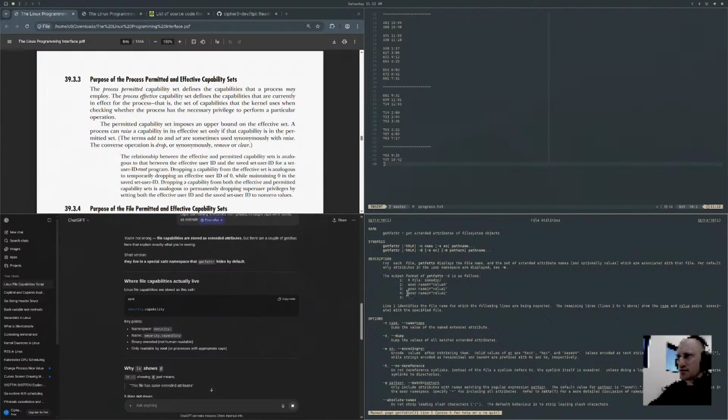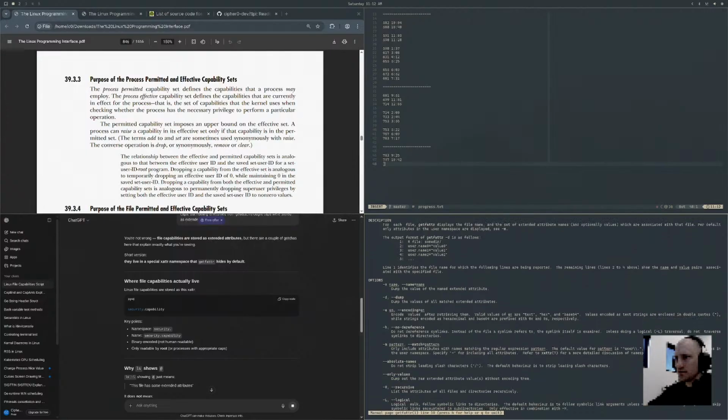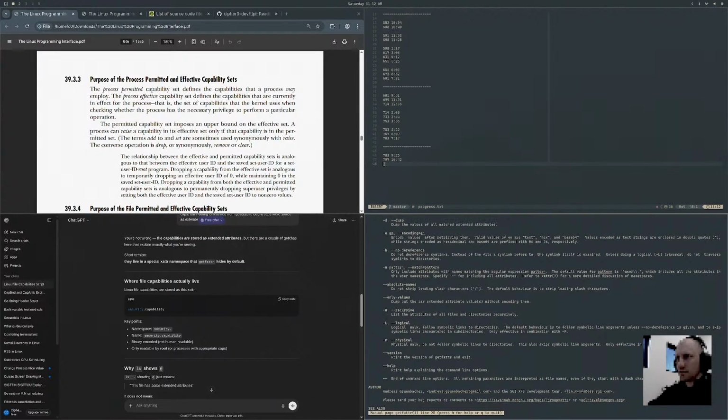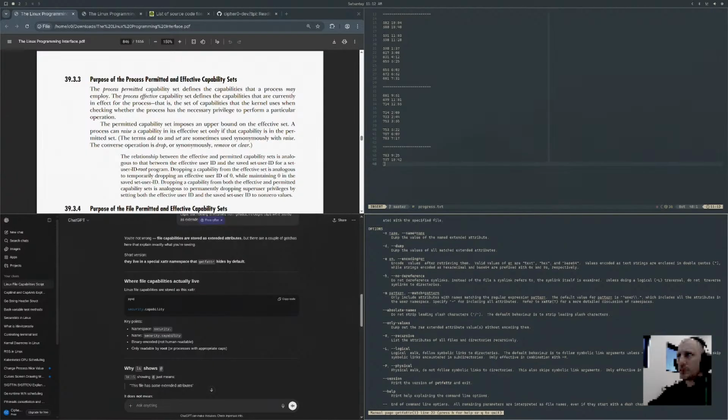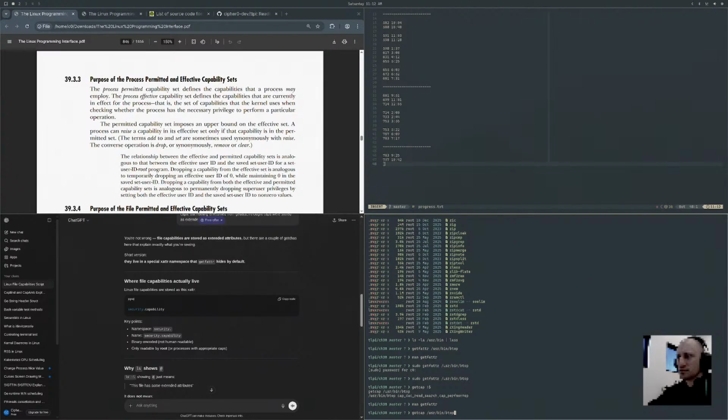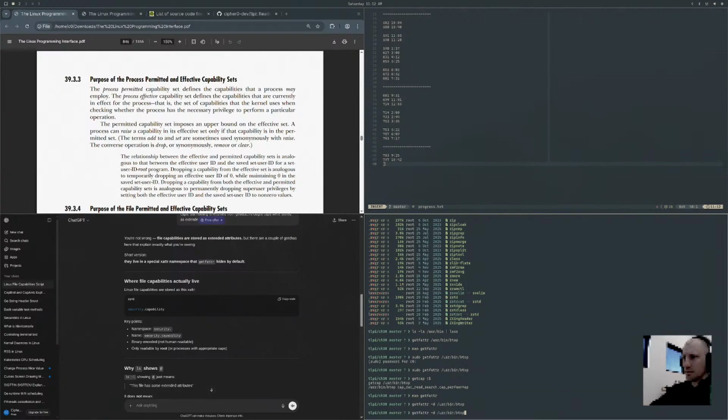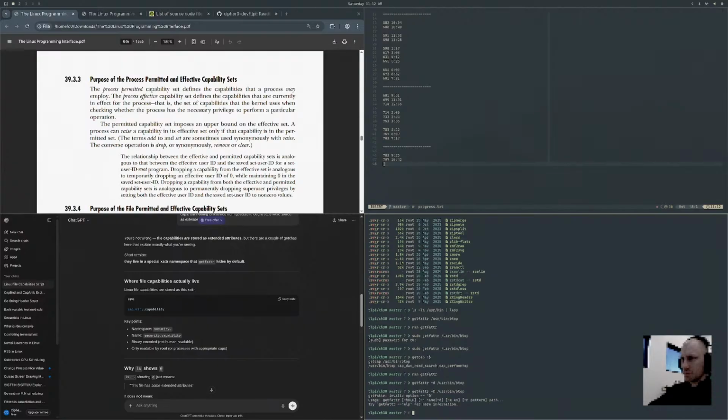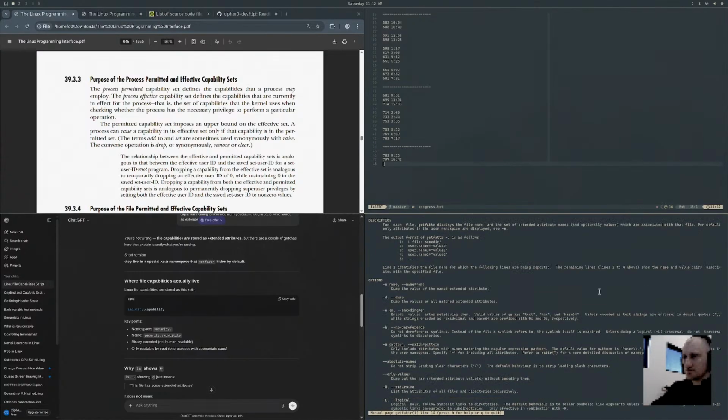So this is user stuff. I want everything. Is there -a? Dump. Let's do -d. Is there capd? No. I could just look at AI and see what it says, but